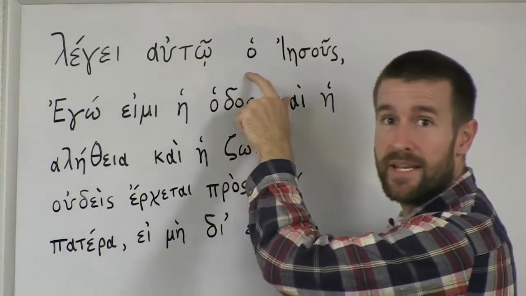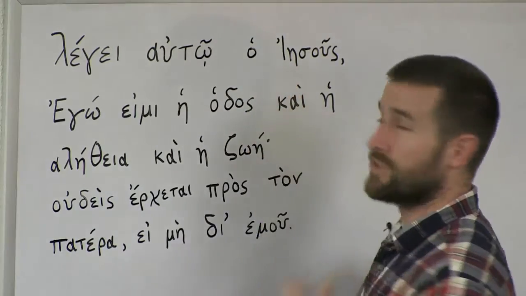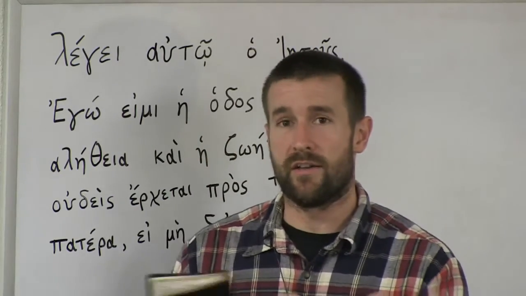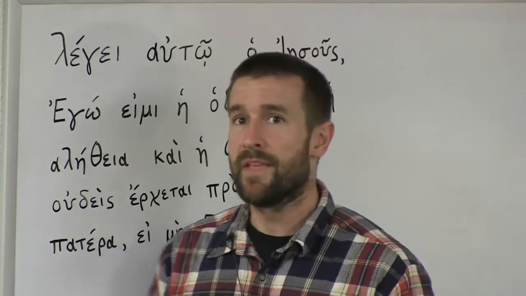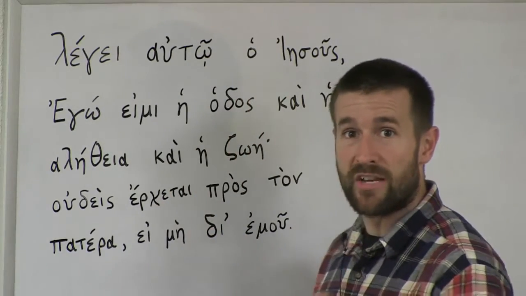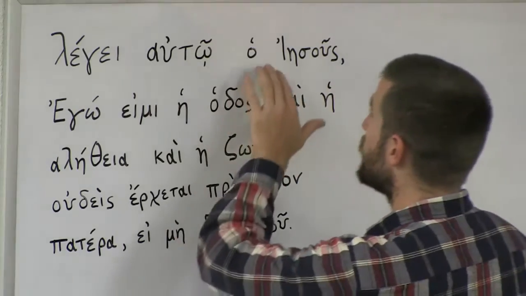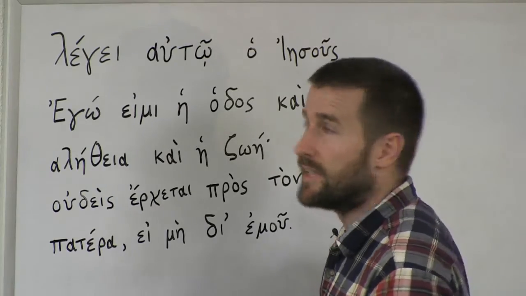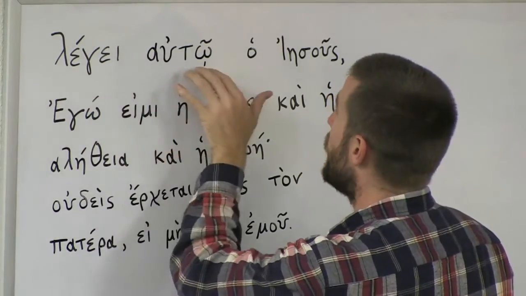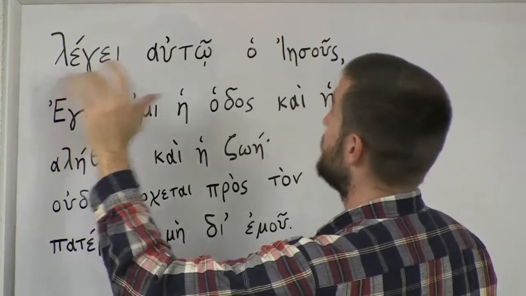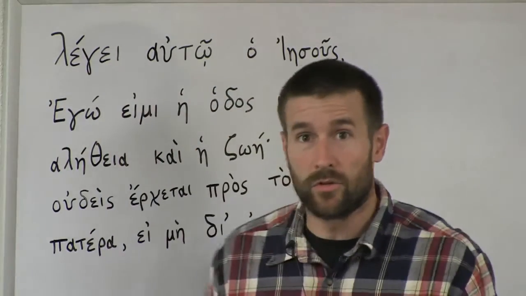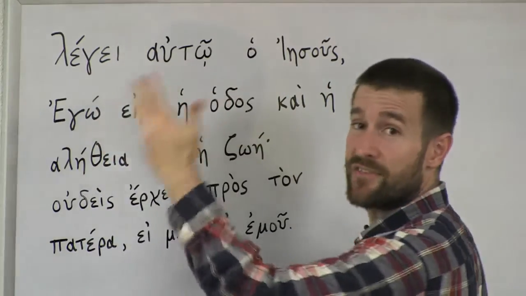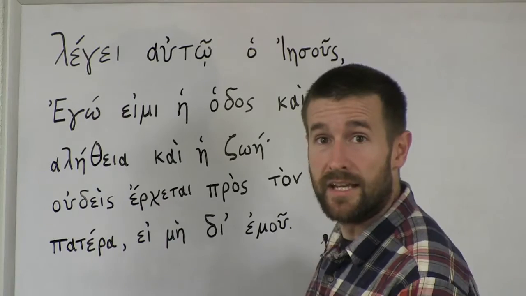Now the word o here means the. And we in English would not say the Jesus, okay? But a lot of foreign languages often put the word the in front of people's names. German does this all the time. And in Greek, just as we saw the word the in front of God in John 1:1, here the word the is used in front of Jesus' name because that's just something that they do in Greek that isn't done in English. So, legi αυτό ο Ιησούς is saying, saith unto him the Jesus would be the literal translation word for word, but obviously what it's saying here is Jesus saith unto him. That's what it's going to say in the English Bible.